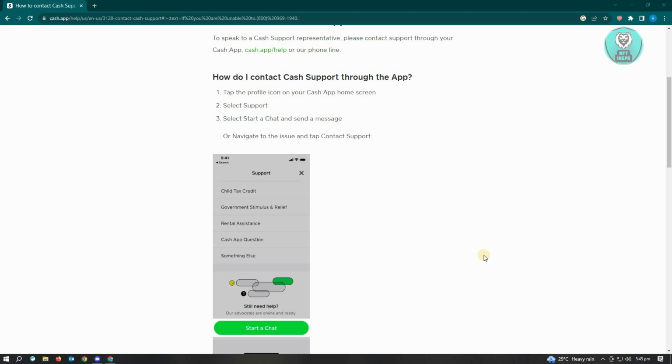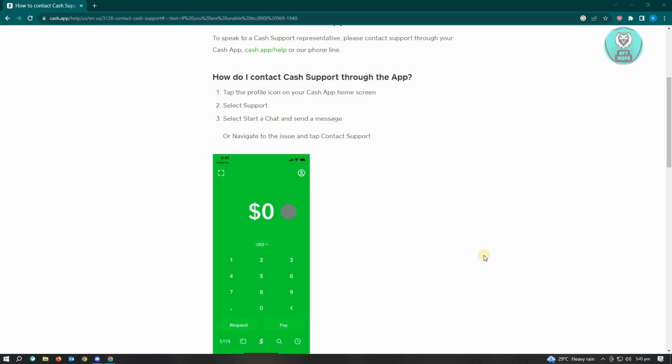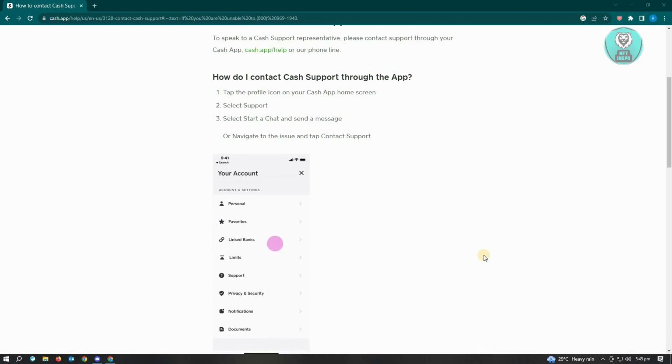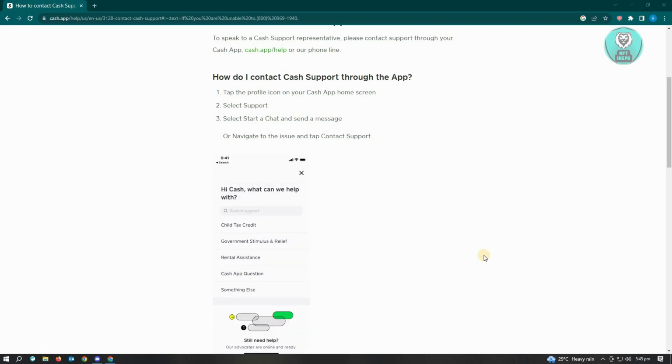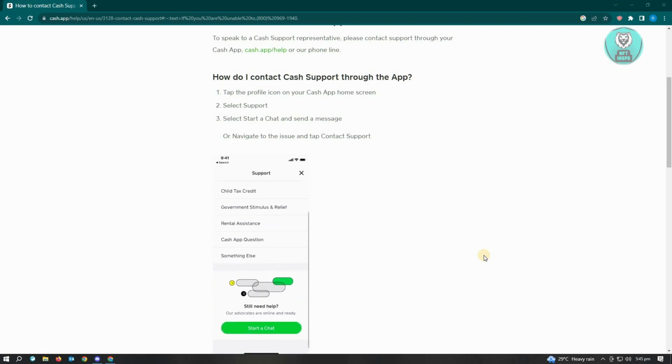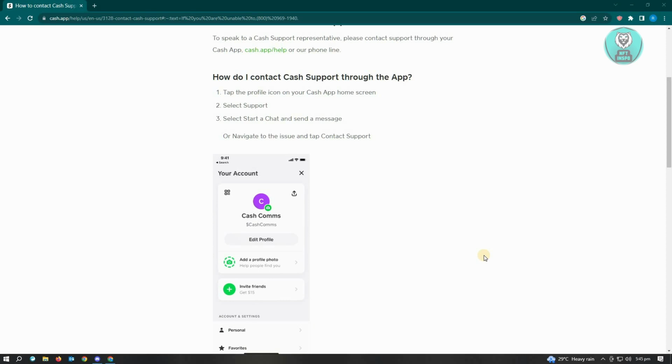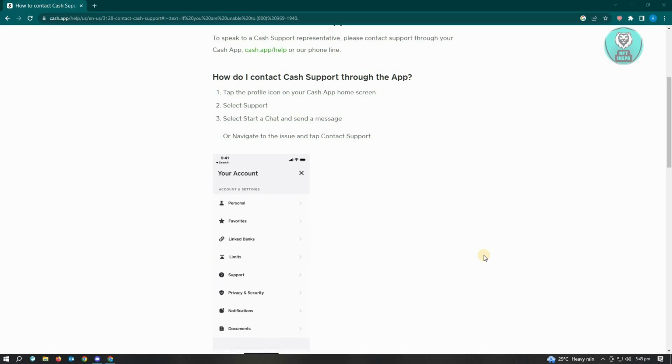So the first thing that you want to do here is check if you are actually getting coverage on your mobile setting or the current network that you're connected to. So make sure that you're actually receiving SMS. For example, maybe try texting from another device and check if you're properly receiving on that specific device. So if you can actually receive messages directly on the device that you're currently using for Cash App, then the